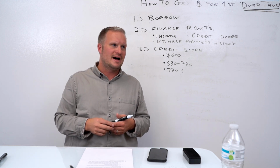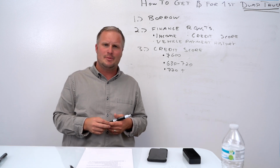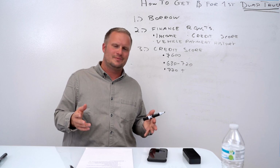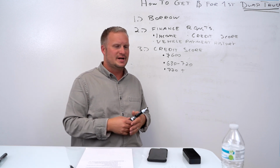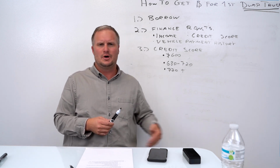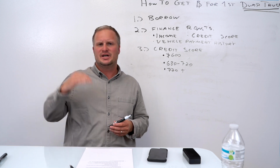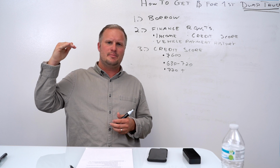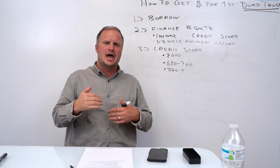So if it's a $35,000 vehicle, figure out how much you're going to have to put down to get a reasonable interest rate. Now, what is reasonable? In this day and time, you can get interest rates as low as 4% for a commercial loan. In your case, you might pay 10%. That's fine. Get something established so you can start establishing a positive vehicle payment history and begin working on your